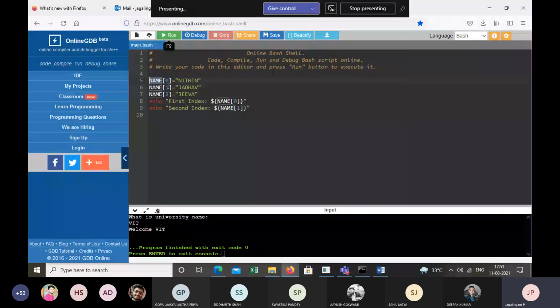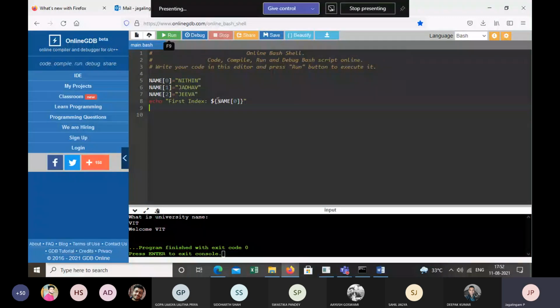Right now, if I want to access, in line 8 we have an echo, and if we want to print the first index, the syntax is: I use dollar curly braces, name of the array, and then in the square bracket I specify the index of the array. So when I execute this,